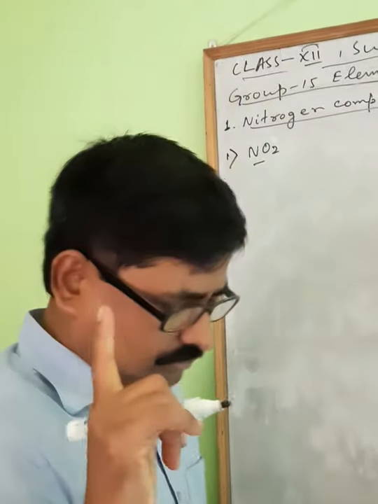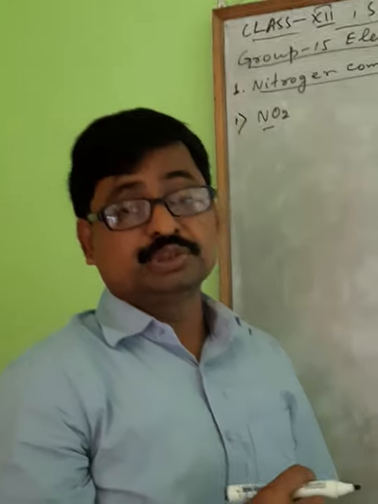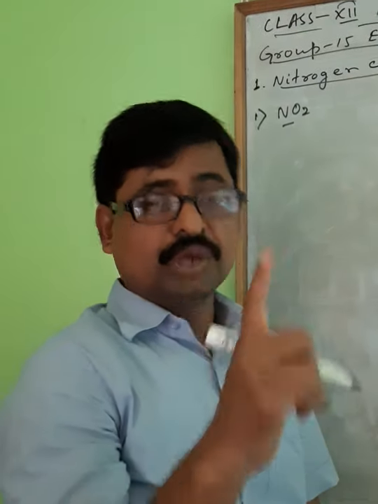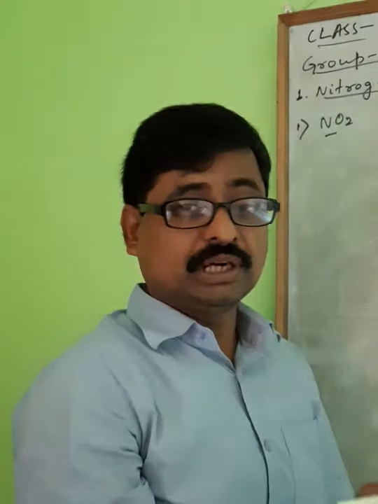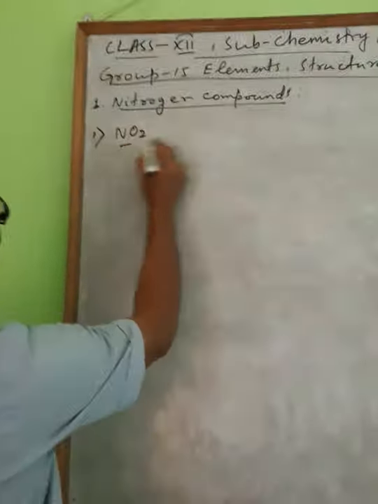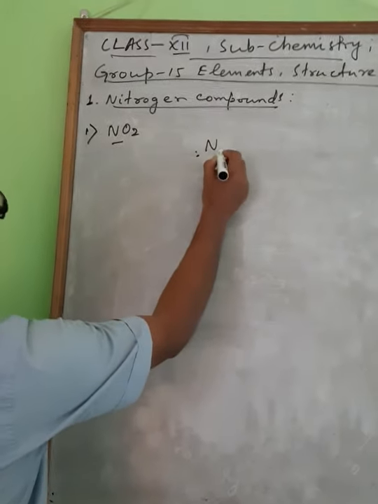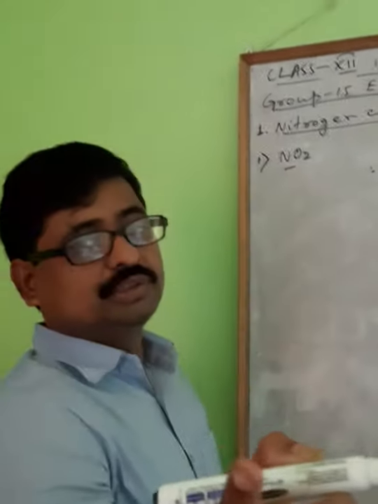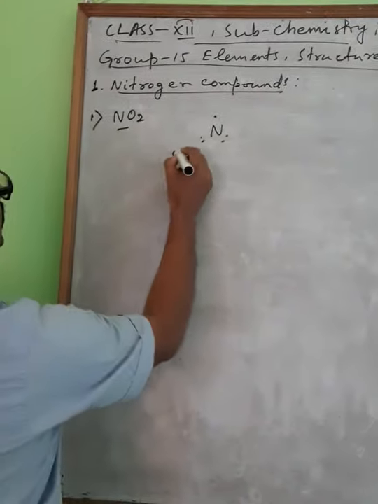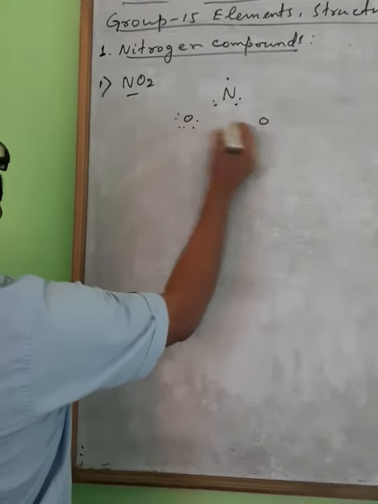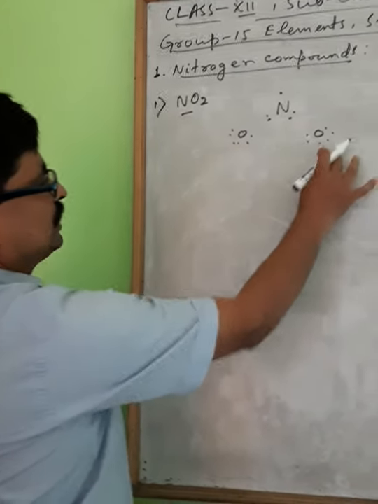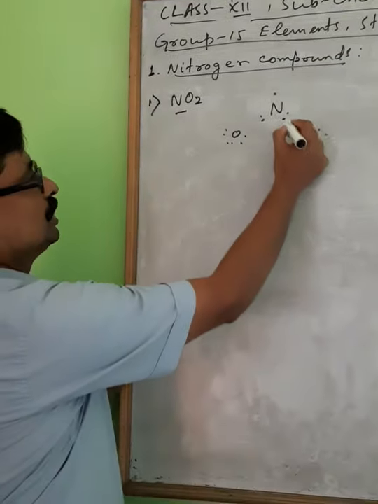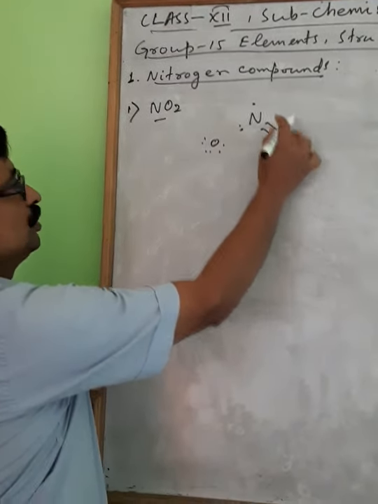It is an odd electron species. Means what? Only one electron is extra on the nitrogen atom. Quite an exceptional case. How will it come? See, NO2. Outer shell of nitrogen, how many? 5. Atomic number 7: 1s2, 2s2, 2p3. So here, oxygen outer shell is 6. Unstable, it will gain 2 more. So these 2 electrons will come here. So 2 pi bonds are here.